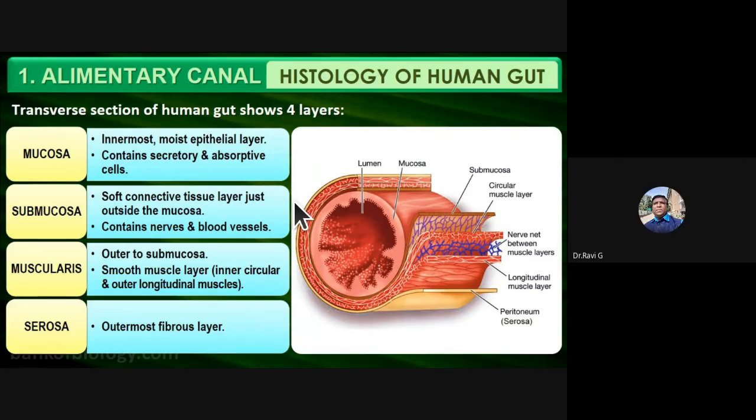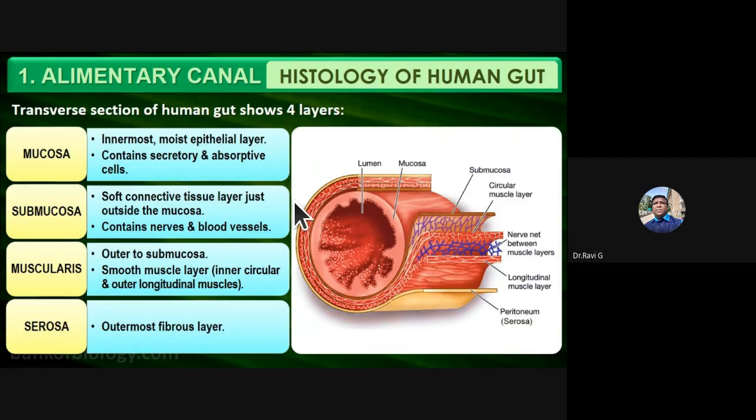So I told you to remember it as MSMS. You remember it as M stands for the mucosa layer, S stands for submucosa, then muscularis and serosa or peritoneum. So serosa is also called peritoneum. This is the transverse section of human gut, which shows four layers, that is the mucosa, submucosa, muscularis, and